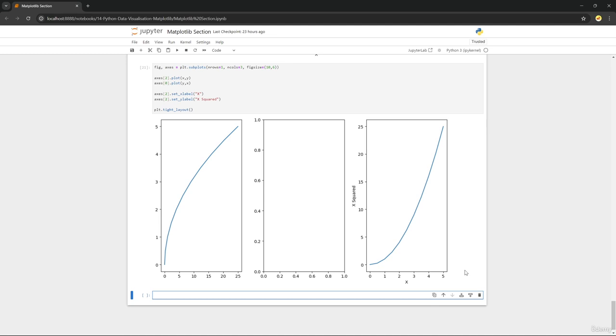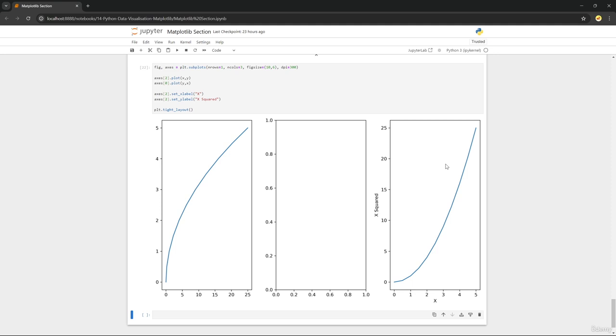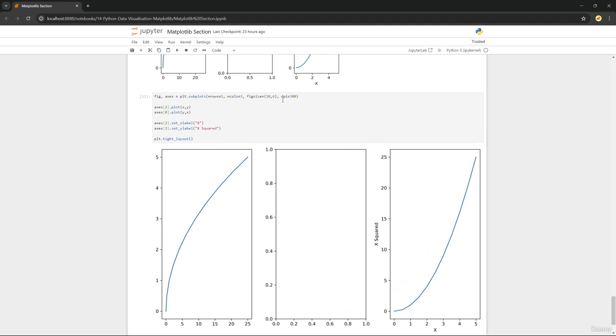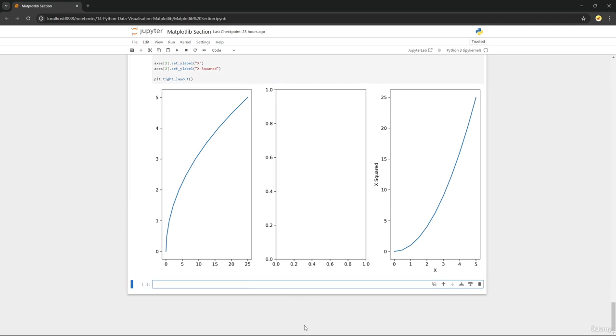And then to increase the quality or change the resolution of our plot, we can specify the DPI argument, which is just the dots per inch, and this will change the resolution of the image. A higher DPI will result in a higher quality and sharper image, but also a larger file size. And by default, this argument has a value of 100. Finally, to save this plot to a file on our PC, we can just say fig, which is the figure